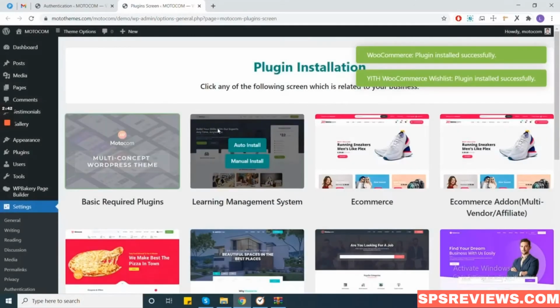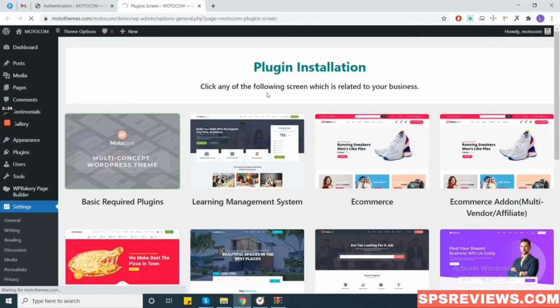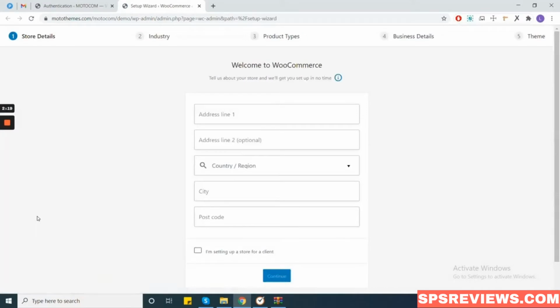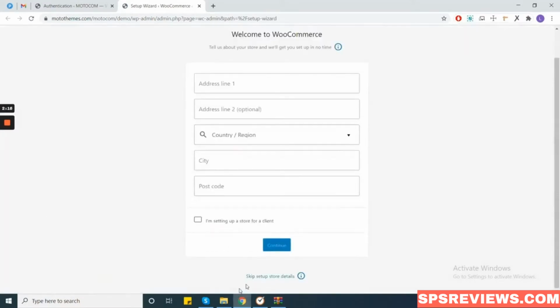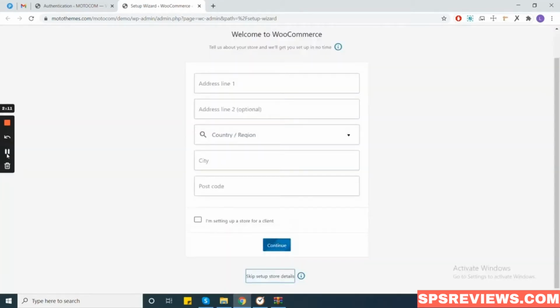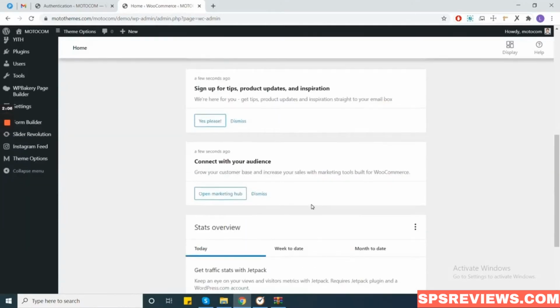After it is successfully installed, the page will reload. The next step is the basic WooCommerce setup, which we can skip for the moment.